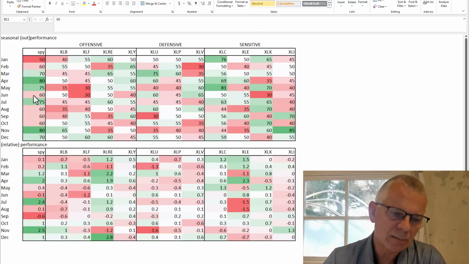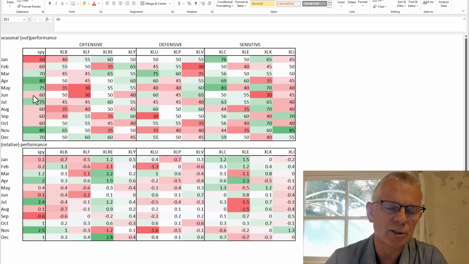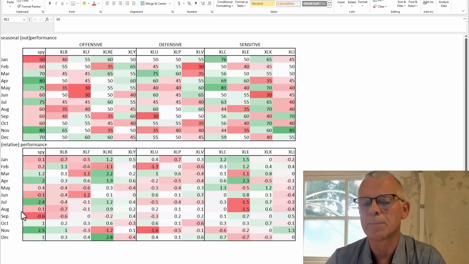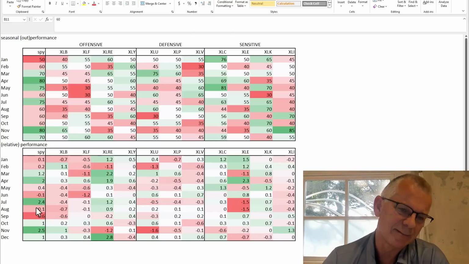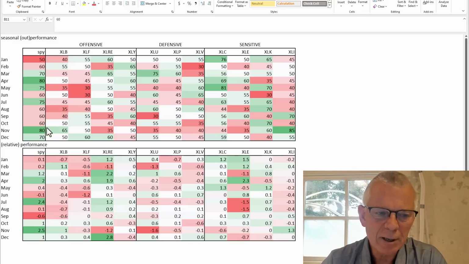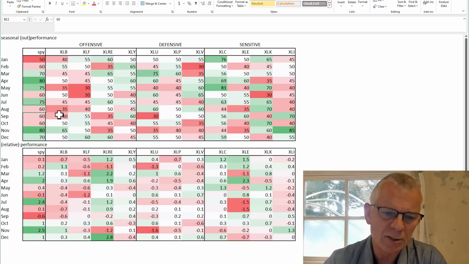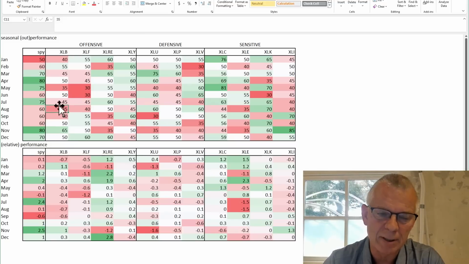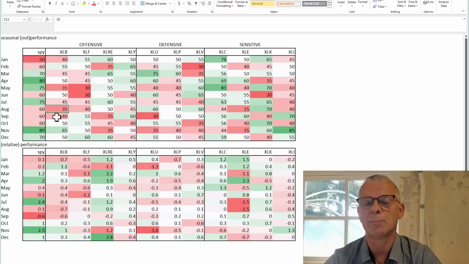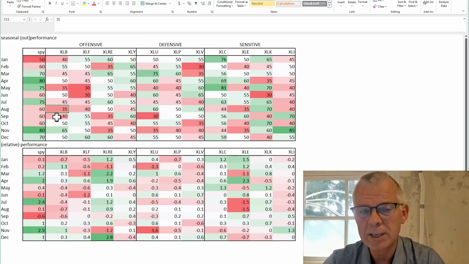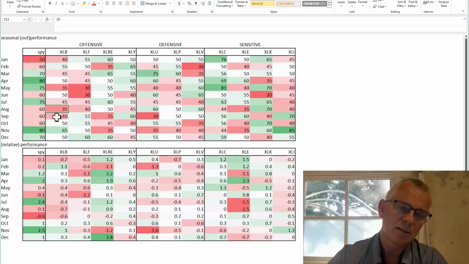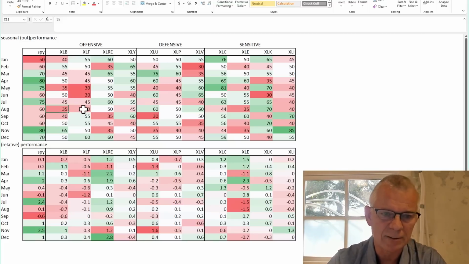So 60% average performance for up months for the S&P 500, and the average return for the month of August is only 0.1% higher, which is also not really much. If we look at the individual sectors, then there's a few that stand out. Materials is one of them in a negative way, because 35% of the time outperforming the S&P 500 means that the sector has been underperforming the S&P 500 65% of the time. So that's starting to get more interesting.